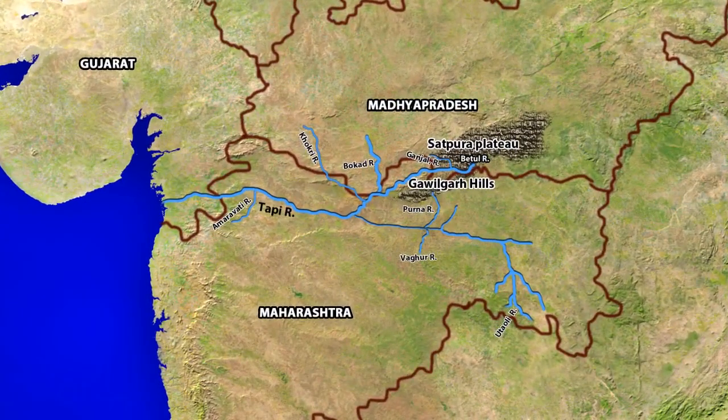The Tapi. The Tapi originates in the sacred tank of Multai on the Satpura Plateau in Betul district of Madhya Pradesh. Its main tributaries on the left bank are Khursi, Kapra, Khokri, Utauli, Vaghur, and Amravati, and on the right bank are Purna, Betul, Patki, Ganjal, Dhataranj, and Bokar. It then flows westwards through Madhya Pradesh, Maharashtra, and southern Gujarat. It finally drains into the Arabian Sea.